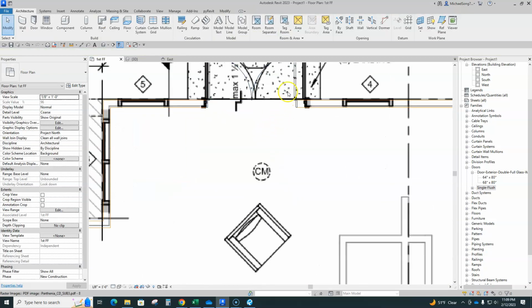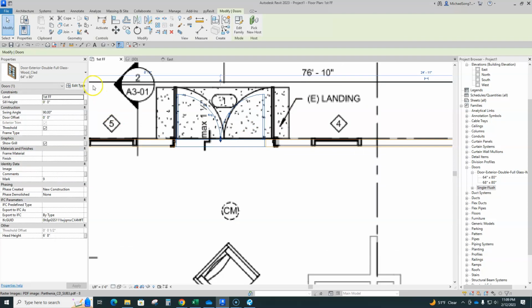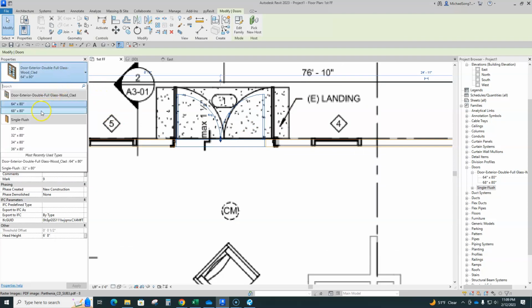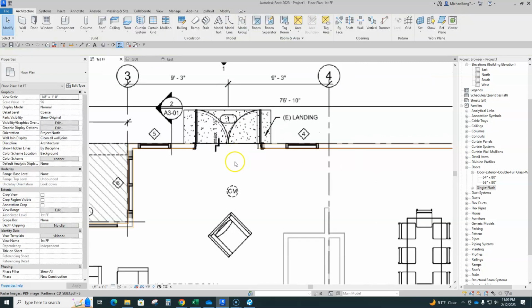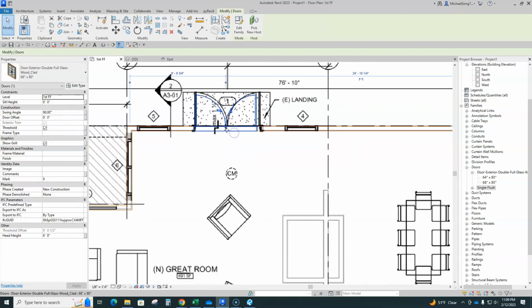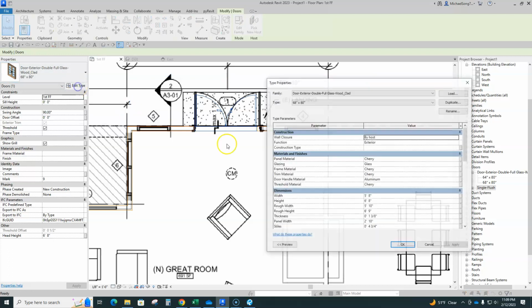So no worries. You can just select this and then pick a 68-inch door. And it's still too small. So maybe it's a 70 or 72-inch door. So no big deal. We're going to come in here and go to Edit Type. And we're going to duplicate this time, because I might want to use a 68-inch door in another part of the house. So instead of erasing or changing that, I'm going to duplicate